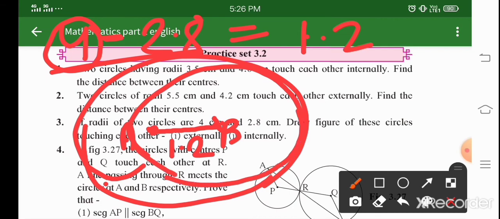The circle is so big, right? So point of contact is over here and this is your internal point of contact. Let's suppose this is C. So this is the center of the bigger circle and the center of your small circle, you can say, and then draw this line. You get your internal touching circle. I think this is clear. So now we'll move ahead and we'll solve question number 4.